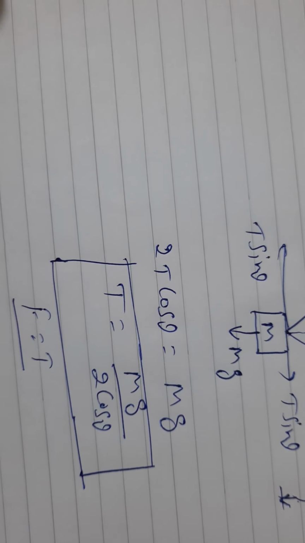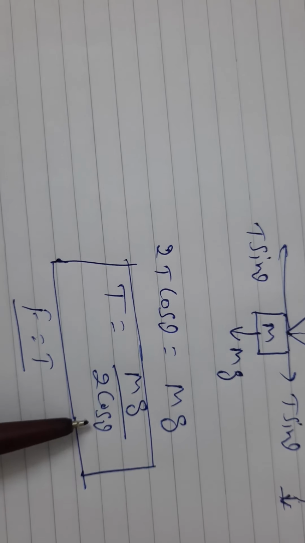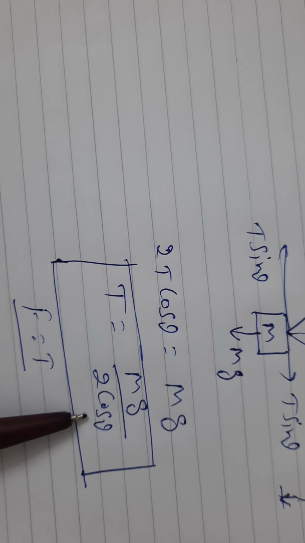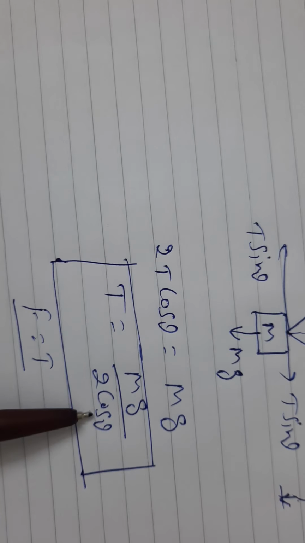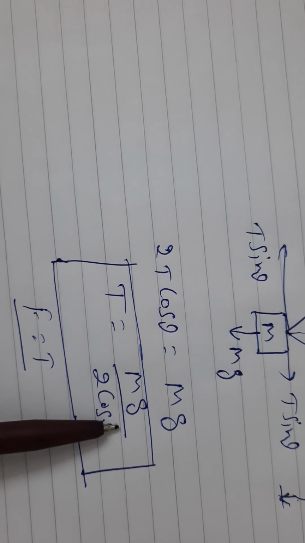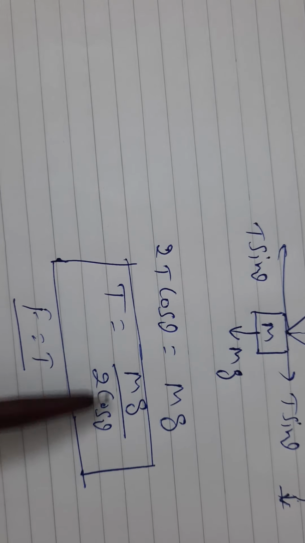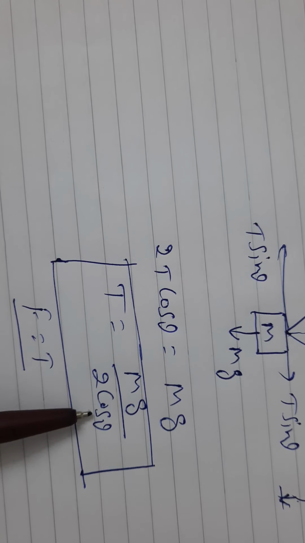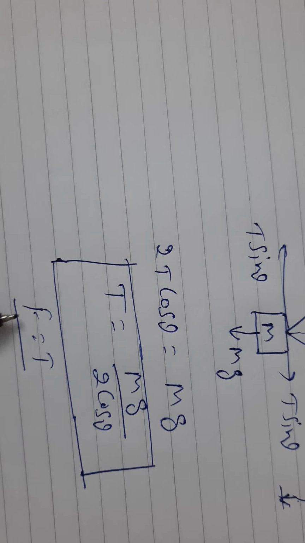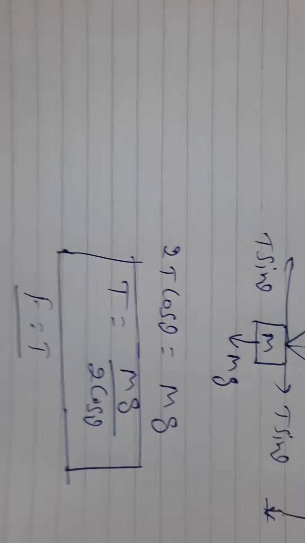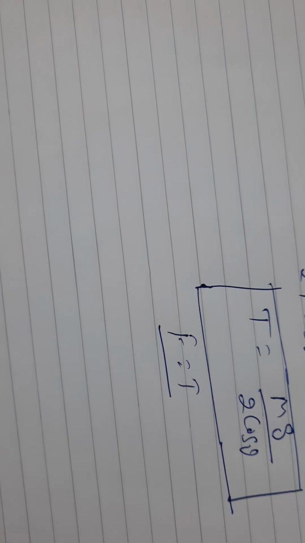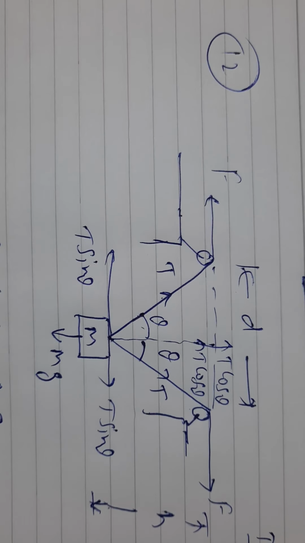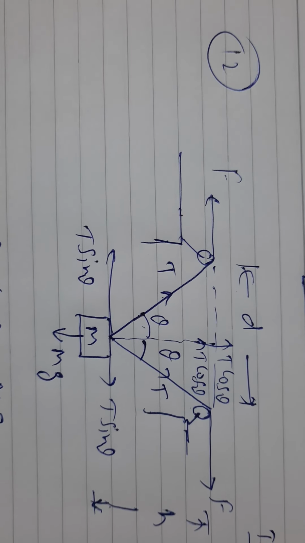F is T. Now the first thing to be proved: if theta increases, then cos theta decreases. As you move from 0 to 90, cos theta goes from 1 to 0. So the denominator decreases, then the complete quantity will increase. So the first part itself proves that if theta increases, then cos theta decreases and T increases. T is the force exerted by the rope. Got it? Now the next question asked is, find the value of T when this distance is D and the depth is H.